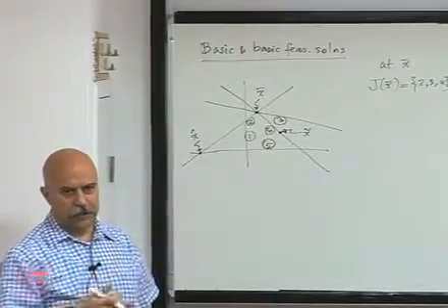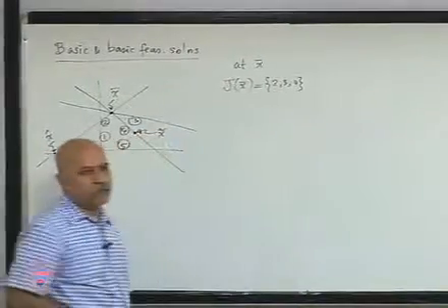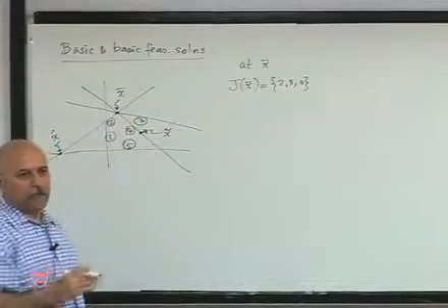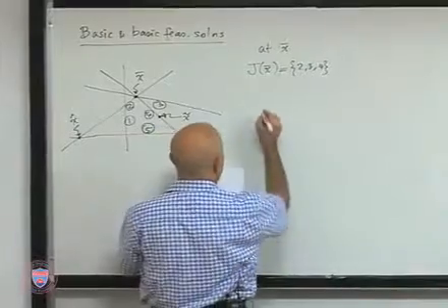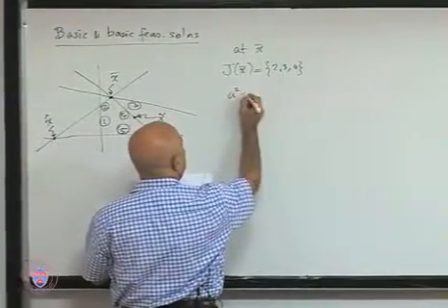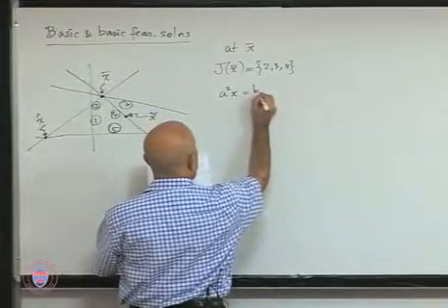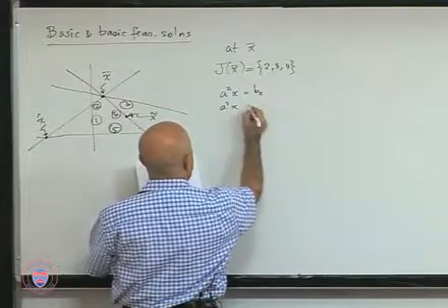I'm in 2-dimensional space here. So any 2 of them will do the job, because you can see that their normals are linearly independent. So if you pick, for example, a2x equals b2 and a3x equals b3,